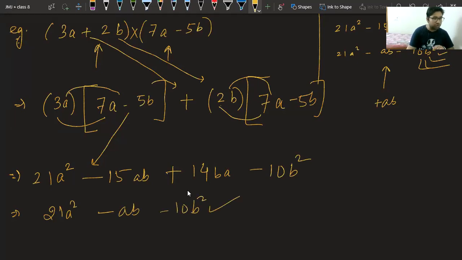So all those who said third option, they all are correct. Krishna, by mistake, you have found this AB as positive. AB will come negative only because 15 is negative and 14 is positive. Yes, Joel, correct. Smriddhi, please check. You are saying 15AB plus 14AB, both positive. Both are not positive. One is positive, one is negative. Okay, negative only you said. Smriddhi, I think you are able to understand now.